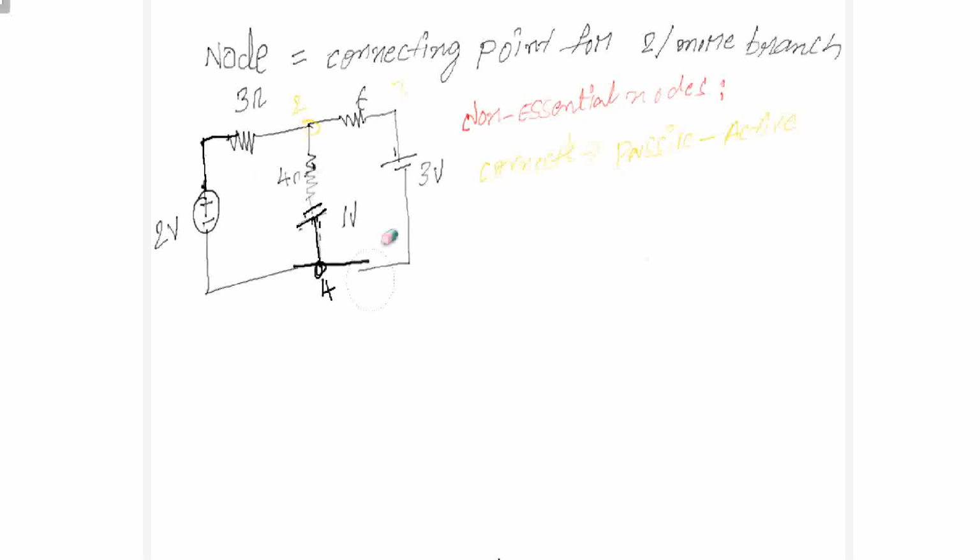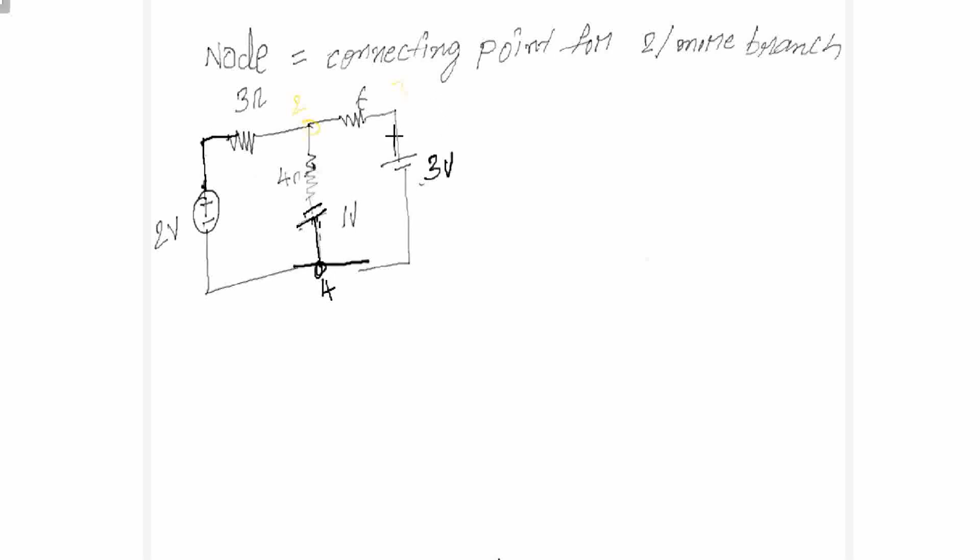It is not possible directly. It is not possible to tell directly by seeing the circuit. To find that value, we have to use some analysis, and that analysis is node analysis. Before applying KCL, here we got 2 nodes, the second node and the fourth node. The second node is called an essential node, and the fourth node is also called an essential node.